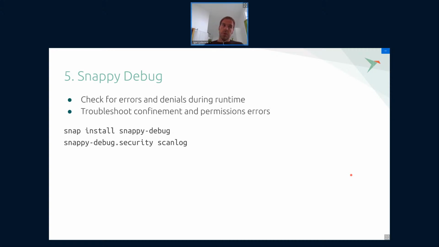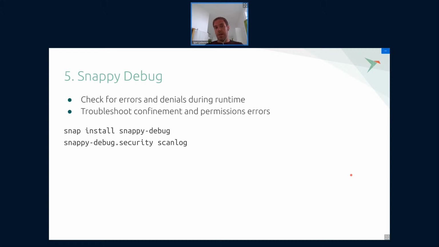One more thing that should be useful to developers is Snappy Debug. Basically, if your snap doesn't run well, and this can happen due to permission errors, as snaps are self-contained and confined applications, and they communicate with the underlying system through a mechanism of interfaces. So if you haven't specified the necessary interfaces, or they are not connected, or perhaps there are other permission issues due to the nature of this confinement, you can then install a special troubleshooting snap called Snappy Debug, run it